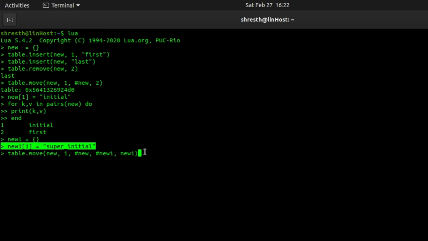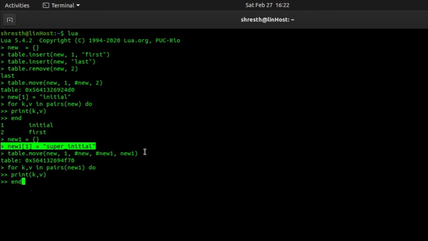So this call effectively just appends the entries from table 1, which is new, to the new one table. Now if I do for kv in pairs new one do print kv, and press enter, I'll get all the elements from table 2, which is new one, and after that I'll get all the elements from the old table, which is new.